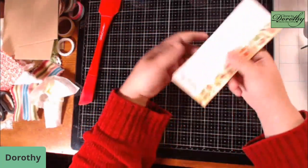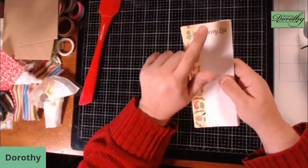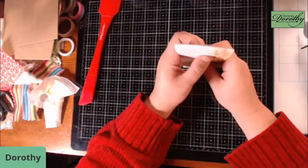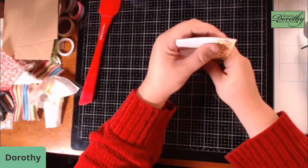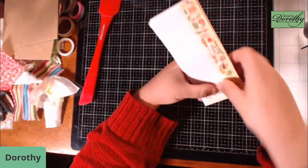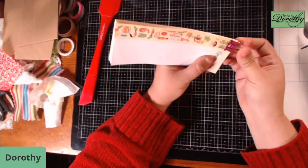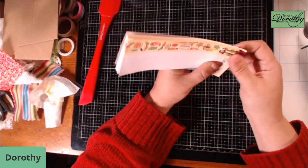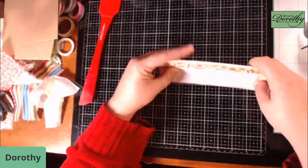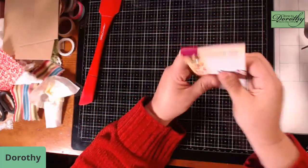Then what I'm going to do is find whatever side is my top, which is obviously where my grocery list header is. I'm going to turn it upside down and bang it down, so all of my pages are lined up on the top. And then I'm going to grab my handy dandy binder clips and put one there on one side. Then I'm going to pack down on the side to make sure that it's level. And then I'm going to come in on this side and put a binder clip,